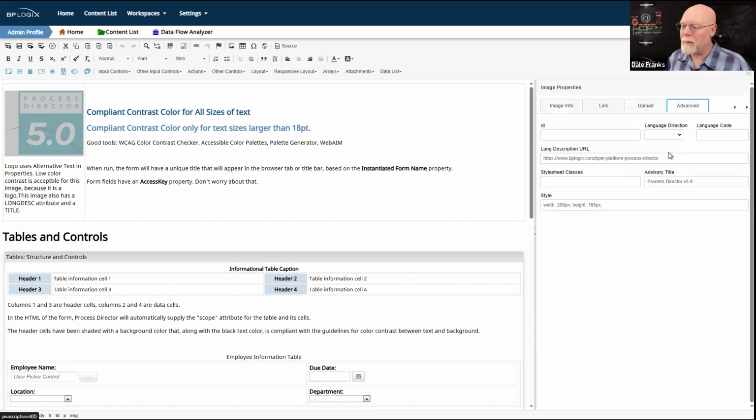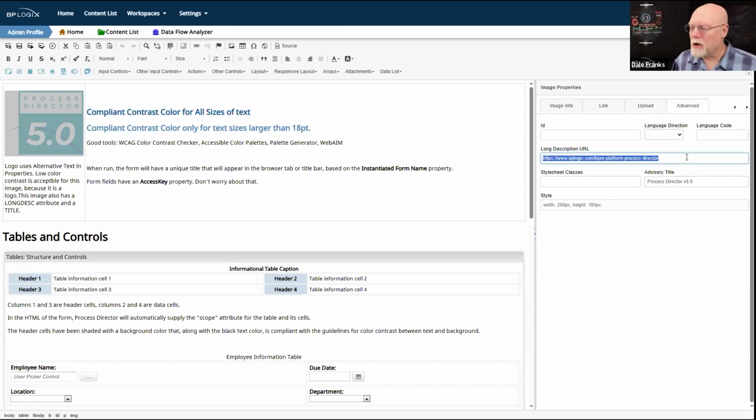There are a couple of other properties you need to keep in mind. One is the long description URL. Now, this one is optional, this long description URL. What it provides for a user who's using assistive devices, and by the way, I'm not going to keep saying using assistive devices over and over and over again, because that's going to get super tedious. So I'll just say when the user sees the page, or for the user. We'll just assume from now on that that user may be using an assistive device.